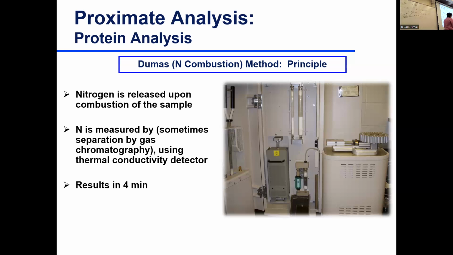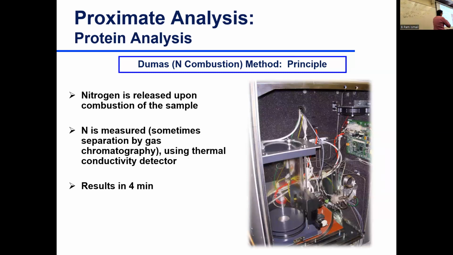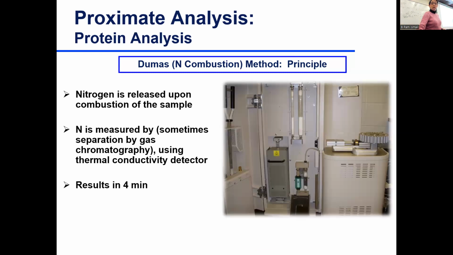So all of your sample is combusted into gases, then cooled down, and they go into a ballast where the gases are mixed and homogenized. You do have a carrier gas, helium in this case. After they're homogenized and mixed, they go into a reduction tube with copper